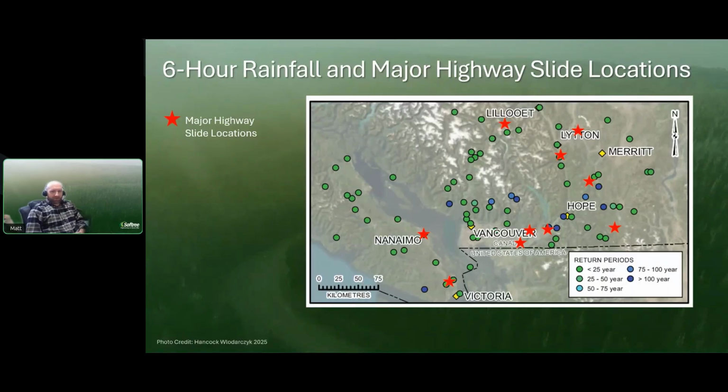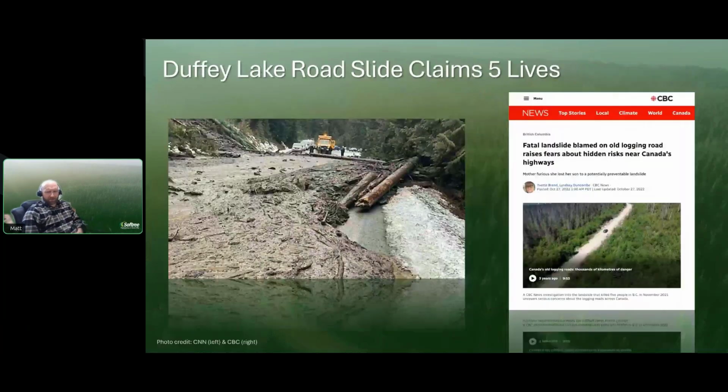So we typically plan our infrastructure around longer return periods than that. And then if we really want to drive this home and look at one particular incident from this storm event that had many incidences, we can look towards Lillooet here, which was surrounded by less than a 1 in 25 year gauge readings. So this event is the Duffy Lake slide, and it is a very high profile event in the sense that it claimed 5 lives.